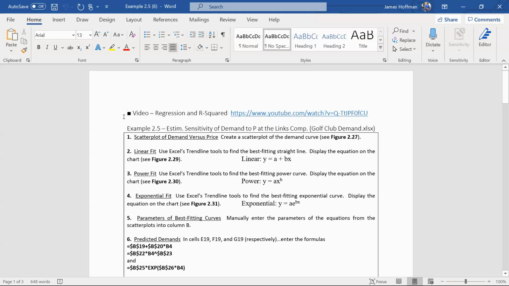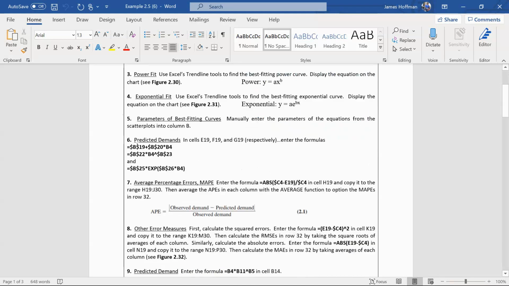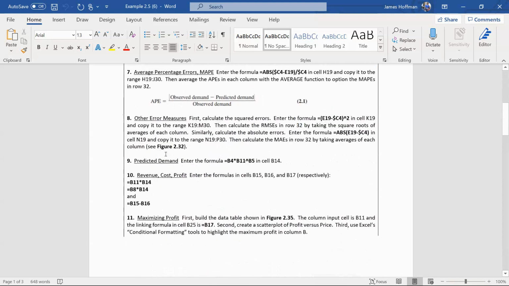Okay, so I think on Tuesday we got to step. So it looks like we finished step 8 and we're on step 9. If that looks correct. And so basically we did the first tab, the estimation tab, and now we're going to